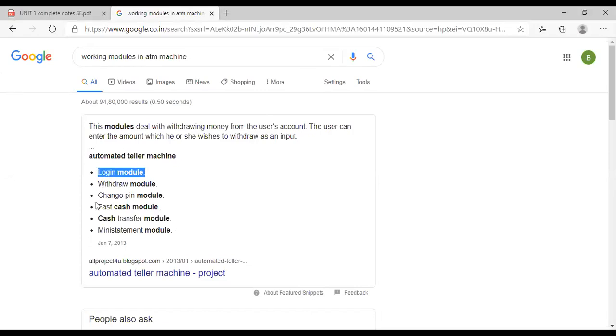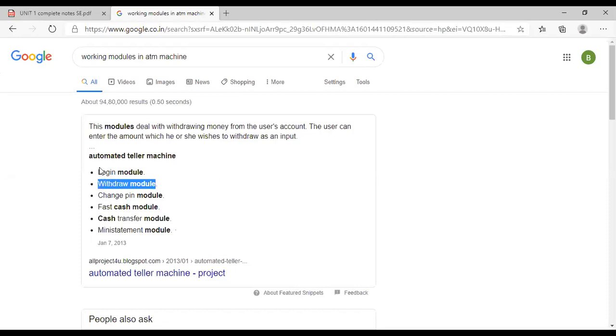Then we have the withdraw module. Once we enter the card into the machine, it contains a chip. It contains a semiconducting chip. So all your personal bank details are uploaded into that chip, right? Then by taking help of that chip, what happens?